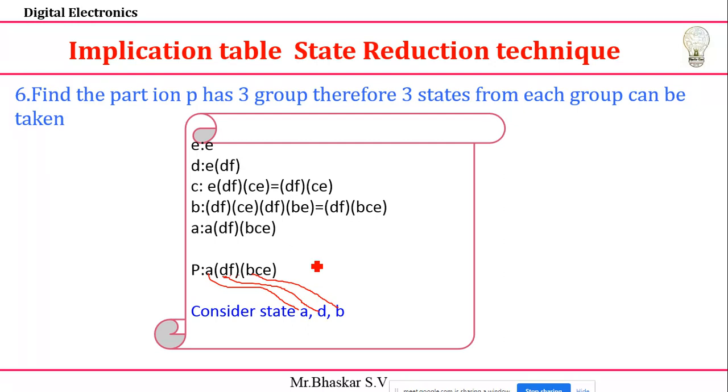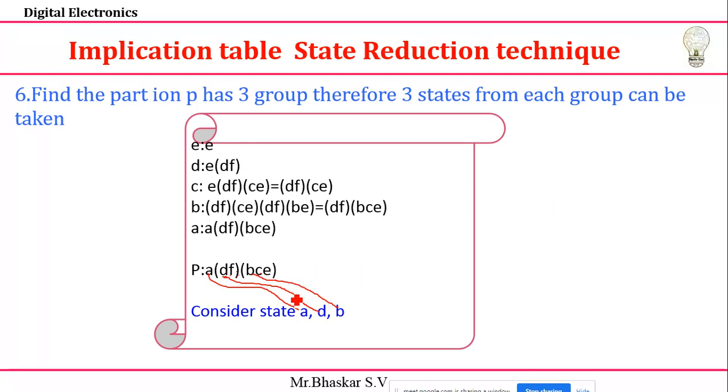You have options. No need to take the bottom row only. You need to eliminate a top row only. You need to consider that condition. It is not there. So here also I am retaining the states A, D, and B. F state I'm going to eliminate because there is a relation between D and F, and B and C are almost the same thing. That's why I'm going to consider any one of the states. So now I want to write the state diagram.